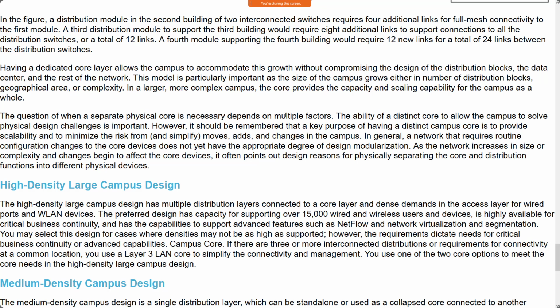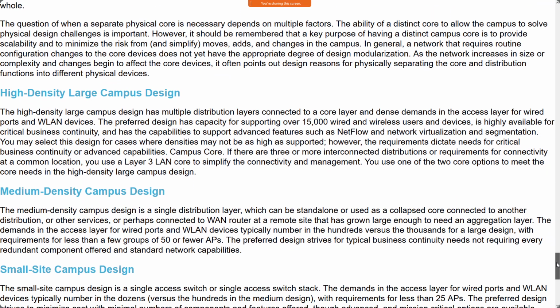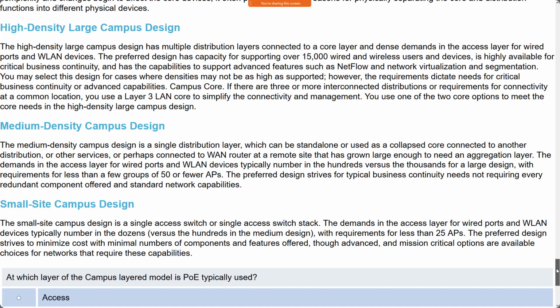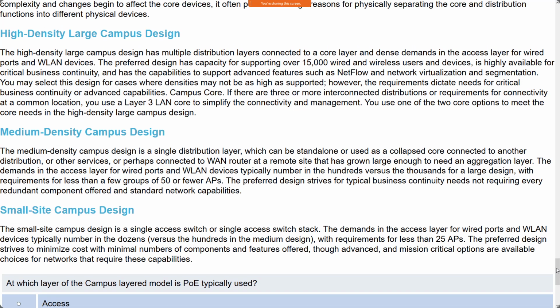But you may end up adding one later on because you're adding more campus nodes, if you will, to the topology. And it may just become required at that point based on the density of the network that you have. So it depends if it's a high density, large campus design, or a medium density or a small density. Like I said, in some cases in a small campus design, you might not need any of the 3 layers. It might just be one switch, one physical switch, or at least a switch stack, and it's providing all of those services in one